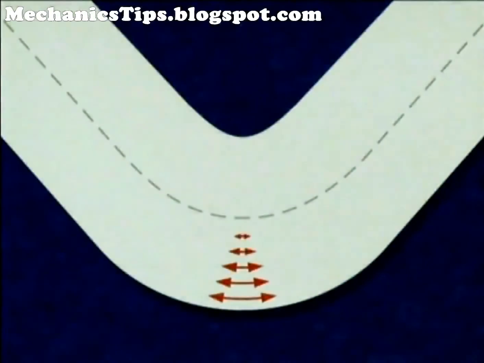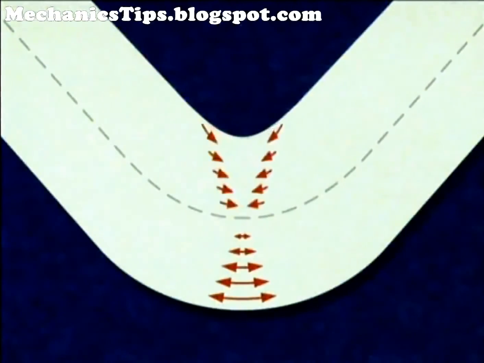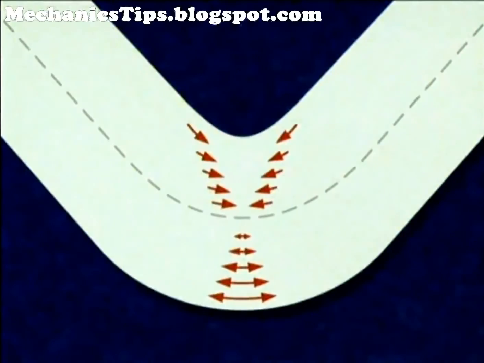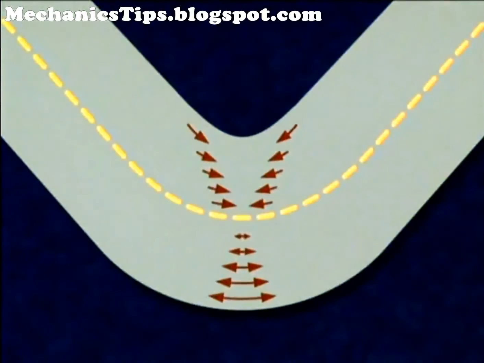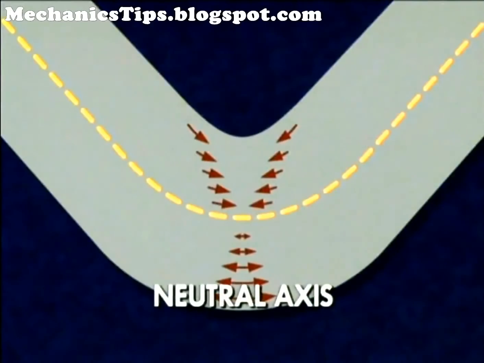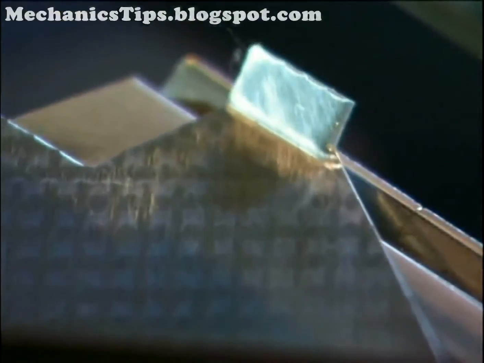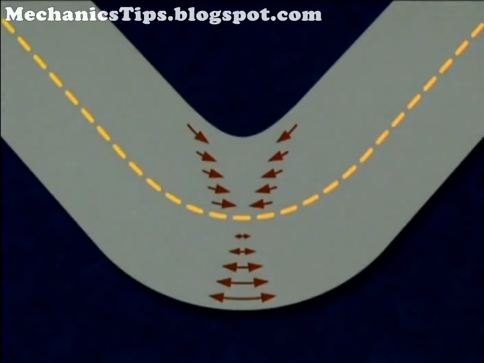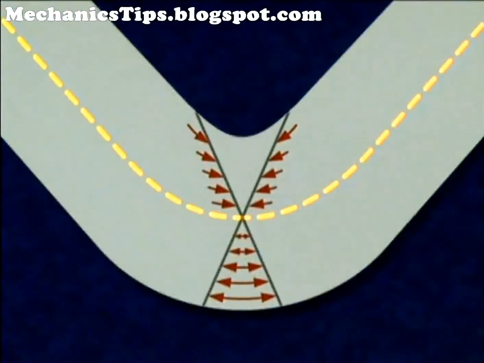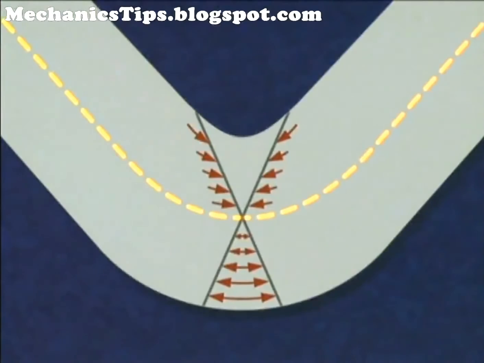As the part is bent, it undergoes a distortion so that the material outside the bend is forced to stretch under tension, and the material inside the bend is forced to compress. Between the tension and compression zones is an area where the material is neither forced to stretch nor to compress. This is called the neutral axis. The neutral axis is important since bending operations are calculated from its location. The extent to which a material deforms, whether in compression or tension, is proportional to the material's perpendicular distance from